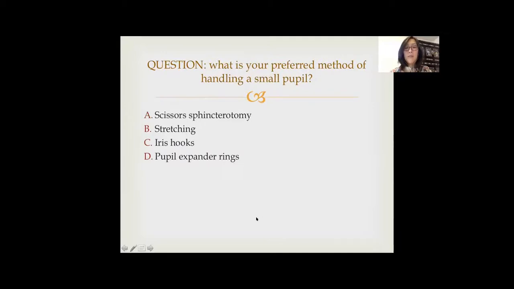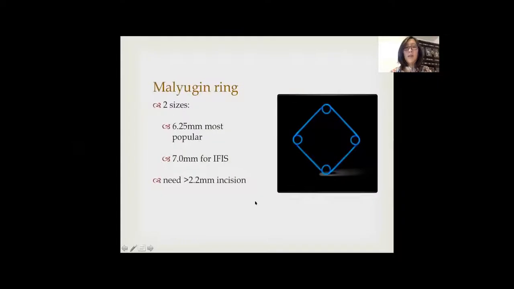Okay. So I'm going to talk a little bit just about the Malyugin ring. This is my go-to pupil expander. There are many new ones that have come out there, but I've used this the most. It comes in two sizes, 6.25 millimeter and a 7.0. In a case I know of floppy iris syndrome, I'll go ahead and put the larger ring in. It's a little bit more difficult to maneuver. The 6.25 is the most popular, and you need to be in a greater than 2.2 millimeter incision